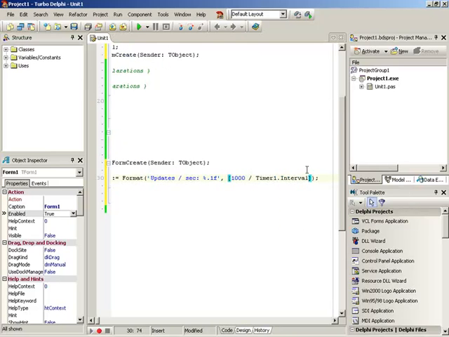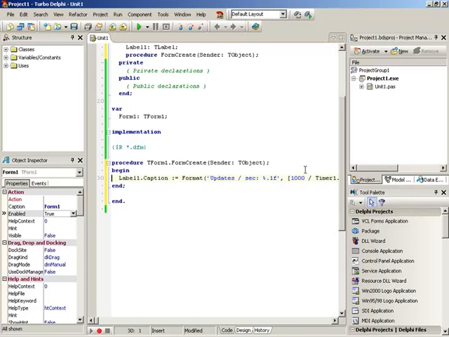Let's go ahead and hit home real quick for me. He's starting out by saying label1.caption. Of course, you guys know, make sure you name your objects. We're just kind of being quick here. So label1.caption equals, and he's using the Format function where he then can come in there and provide a string. So here we got updates per sec. So how many updates per second? And you'll notice he's providing it a